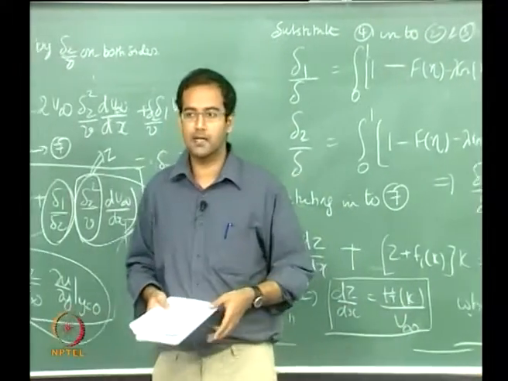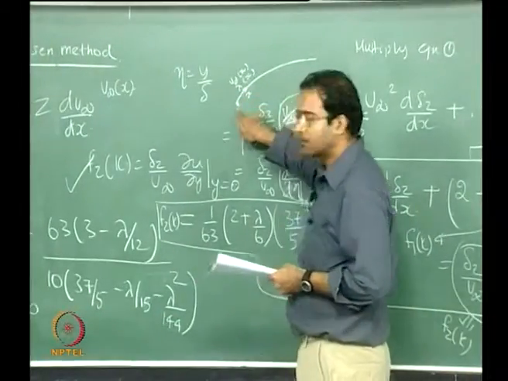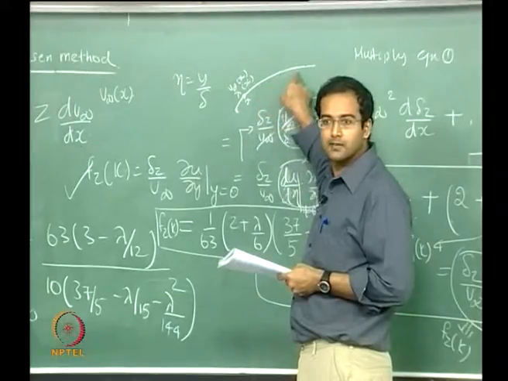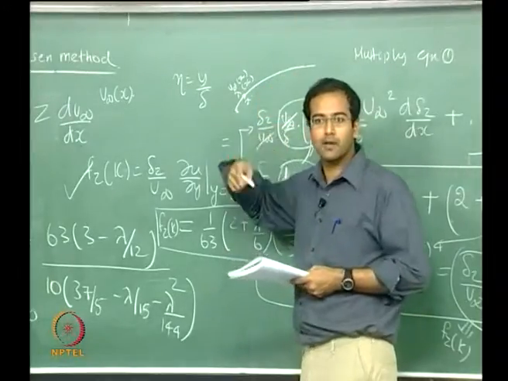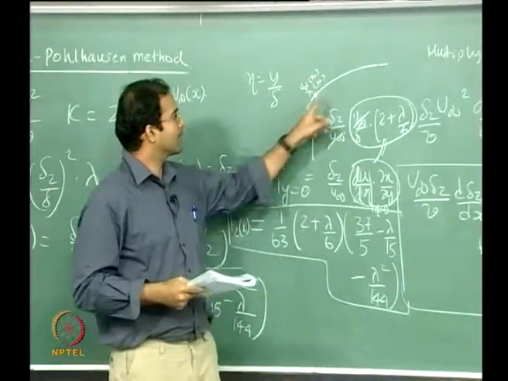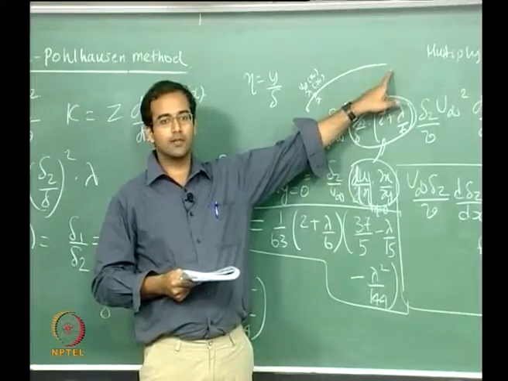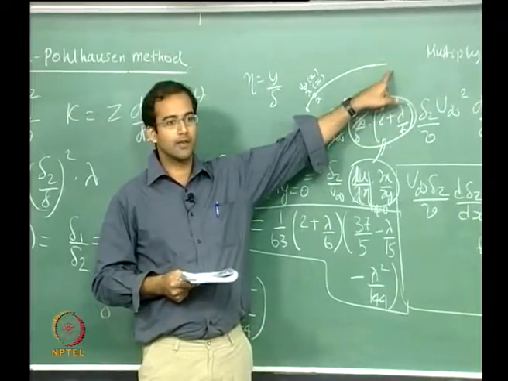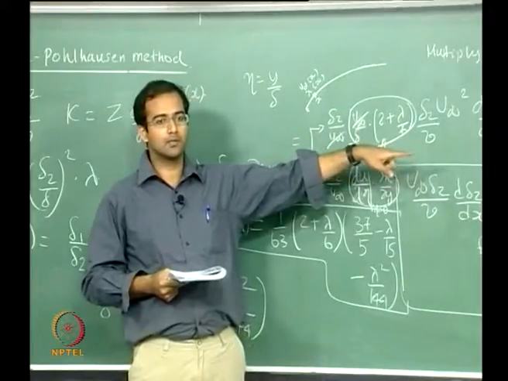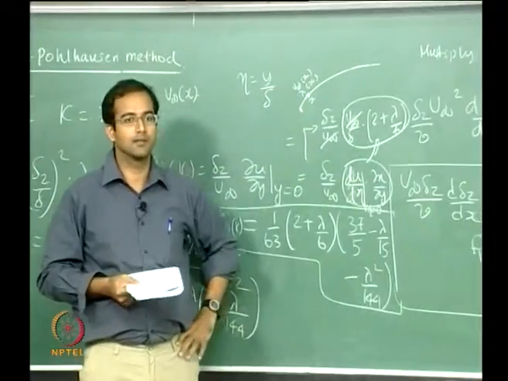So this is also a marching problem. You start from some point, maybe the stagnation point, and from there you keep marching for different values of x. For each value of x you get a new value of z, your new value of delta 2, delta 1, delta, and like that you keep marching till separation. Okay, so how do you know whether it is separated? For each value of z you calculate the new value of lambda. If your lambda comes out to be minus 12, that means that at that point the flow has separated.